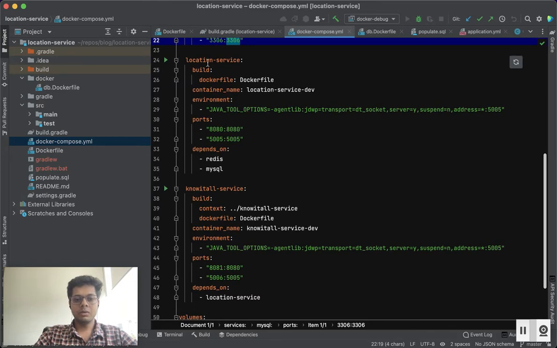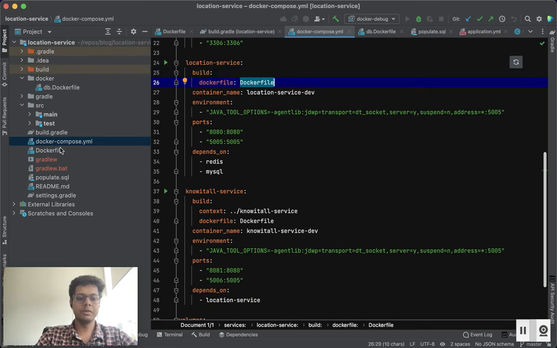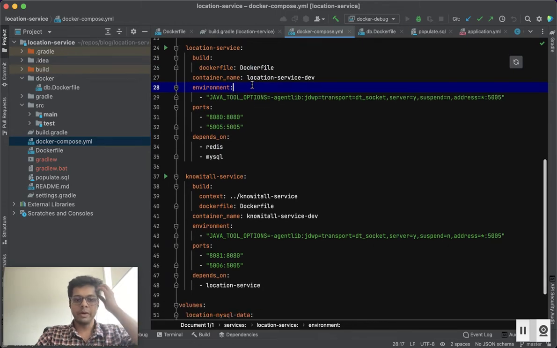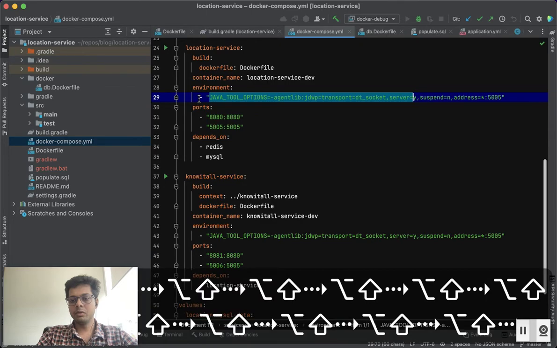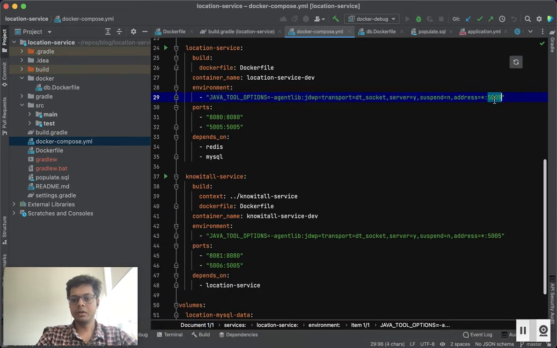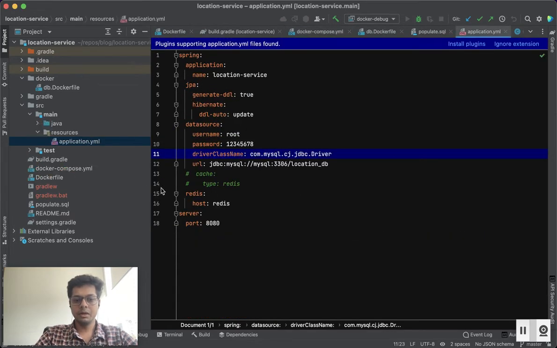Now let's come to our most important service, the location service. Our location service has specified the build.docker file, the Docker file that we viewed here, right? We provide the container name, and there is one line that we have provided. We will look at it later, it will be useful for our debugging purposes, attaching the debugger, but let's ignore it for now. And we are exposing the 8080 port because our service is running on 8080 port. If you look at the application.yaml, we have this server running on 8080 port,